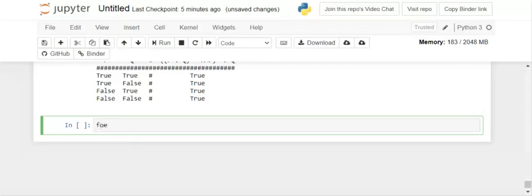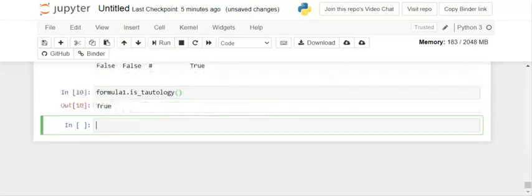So formula 1 dot is underscore tautology. Let's see what happens. So it gives me true. So tautology is true. Now I want to make another formula, like formula 2. Formula 2 equals P and Q implies R,